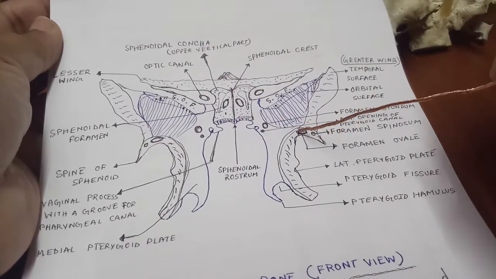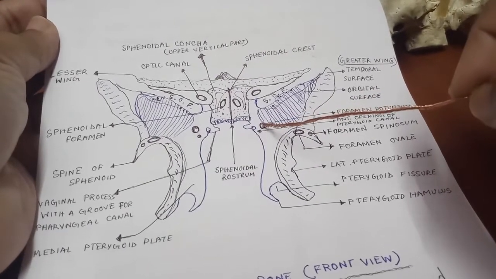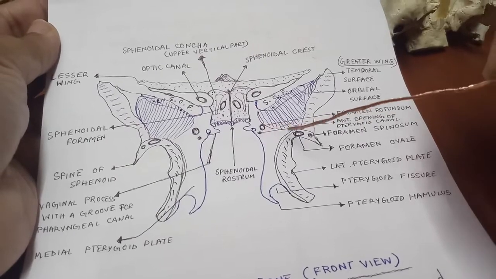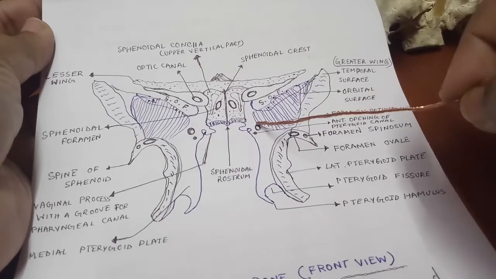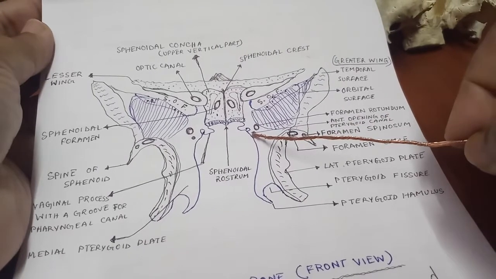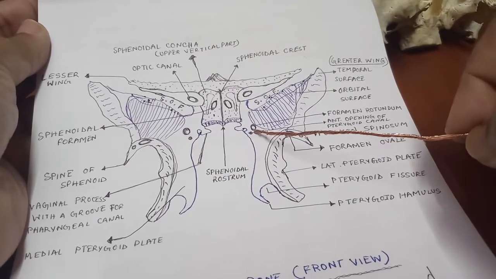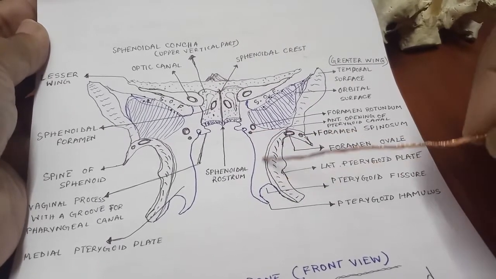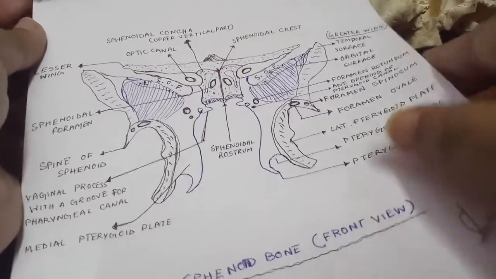And on this lateral bar, by the side of the greater wing, in this anterior view, we are seeing the foramen rotundum. We are seeing the foramen ovale here, and the foramen spinosum, and just beneath the foramen rotundum there is also another opening from the anterior aspect that we can see, that is the anterior opening of the pterygoid canal. And these are the different aspects of the pterygoid processes.